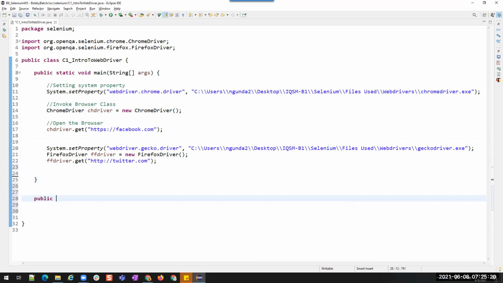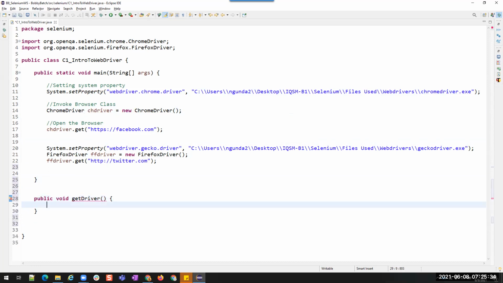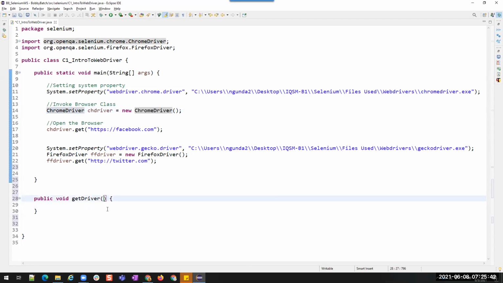Okay, I'm writing a method to get this driver object. Public, currently I'm keeping it as void, and then I will say getDriver. Based on the browser we want, we are opening the driver.